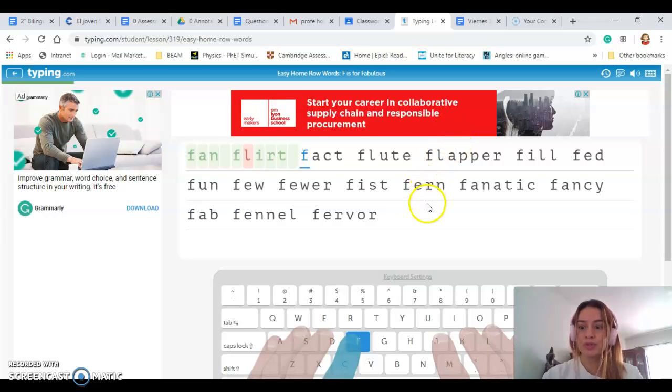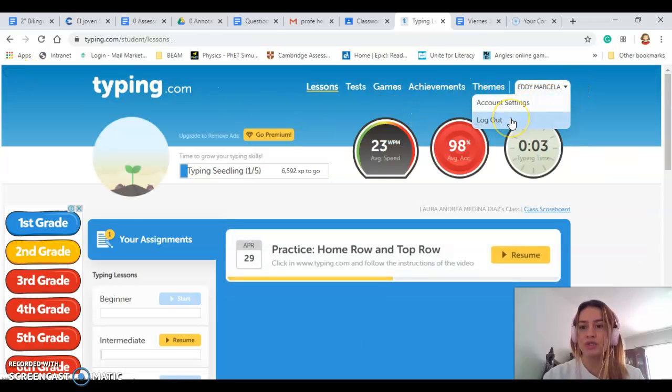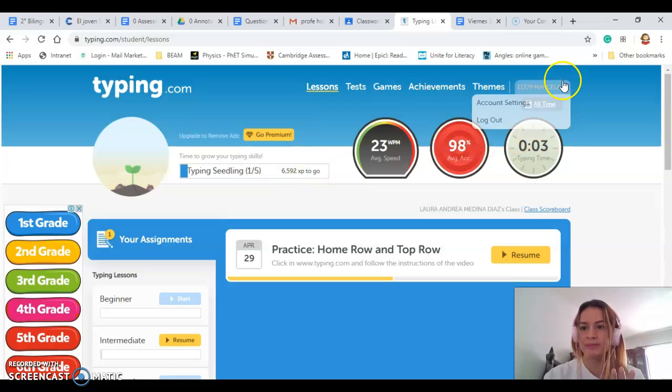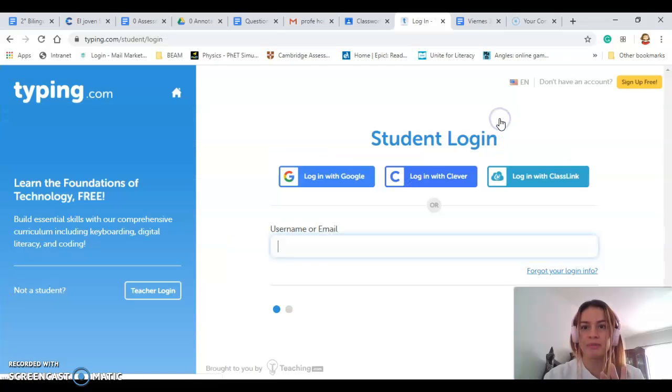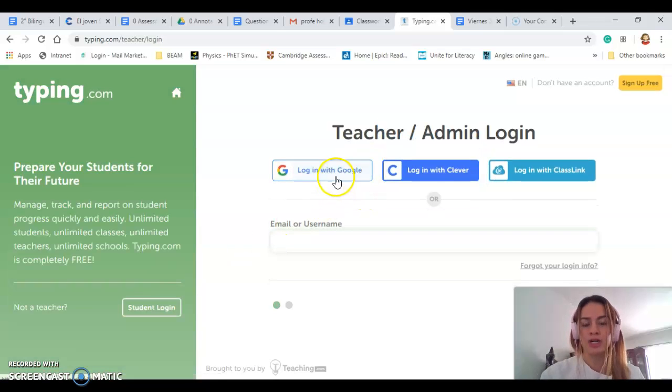And I'm going to see, for example, in this one, if you do it or not, because I have another classroom where I can see it. I'm going to show you. So when you finish, you just log out and it's going to appear the progress that you're doing here. This is a really good platform. And I'm going to show you how I see your